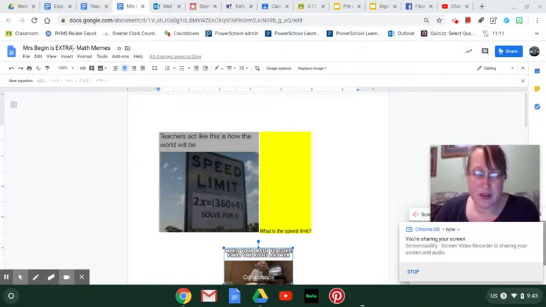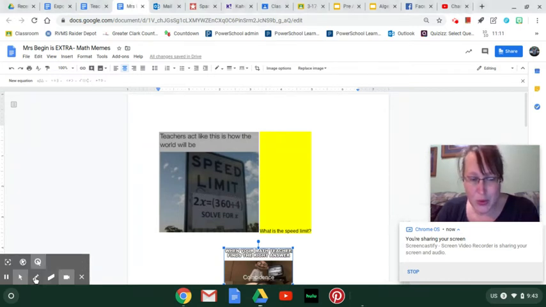Okay, so here is Miss Began's extra, the how-to on what I expect for you to do. See this highlighted area? You need to try to figure out what the speed limit is. You're going to use our inverse operations, and you're going to put 2x equals